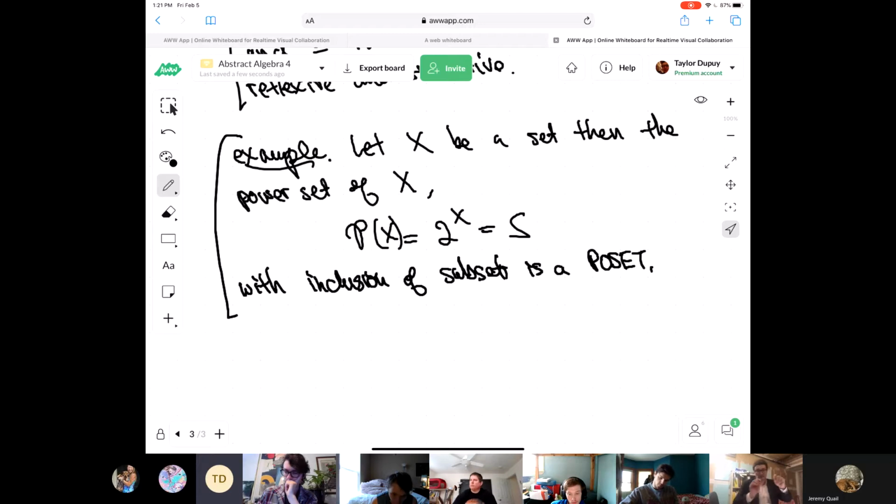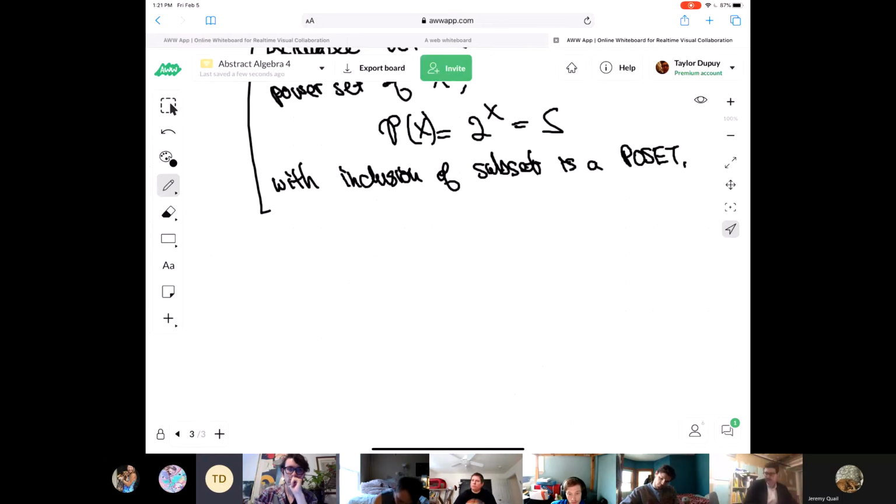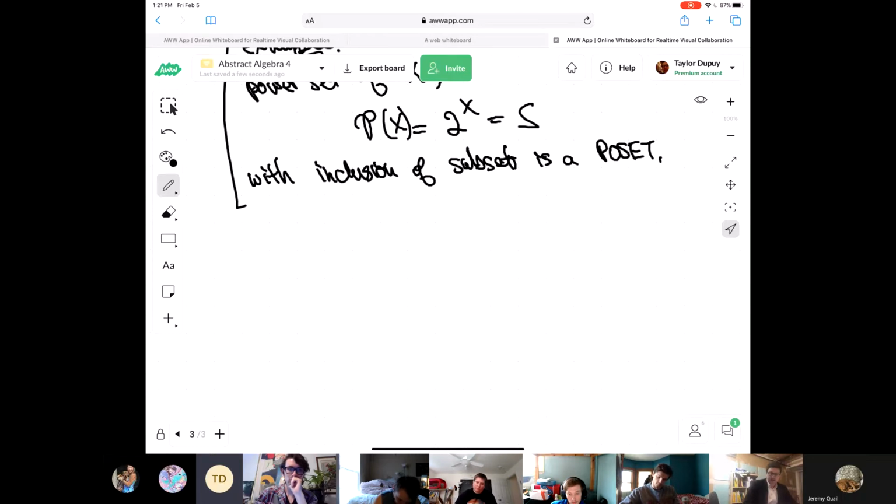Things don't have to be comparable. The lattice of subgroups is a poset. Every lattice, in terms of sets with inclusions, is a poset. Or not sets with inclusions, but a set with an ordering operation. So let me give you a definition. Let S be a partially ordered set.